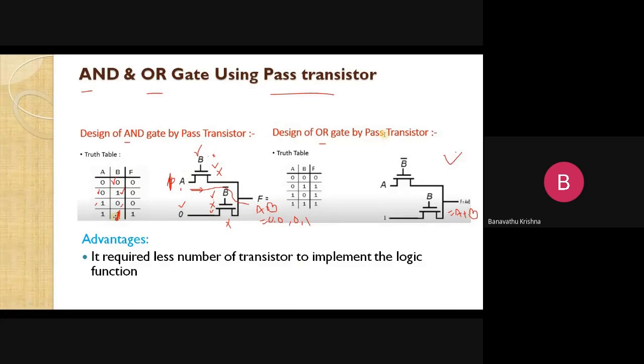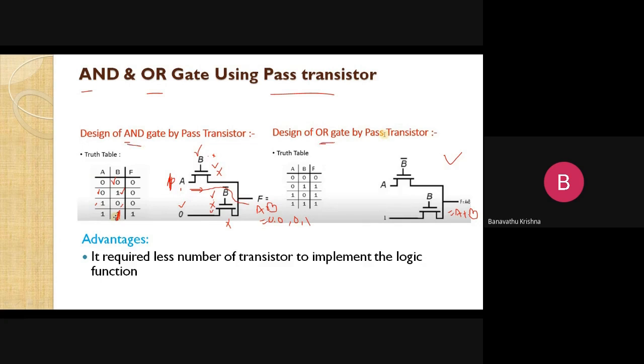Even in the CMOS case, suppose in a CMOS logic diagram, let us design the 2 input NAND gate by using CMOS logic. You can observe that for 2 inputs, there are 2 transistors in the P channel and 2 transistors in the N channel, that is 4. And for the inverting case, one more circuit, that is an AND gate connection. You have to make the connection at the output of this CMOS circuit with the inverter. There are 2 transistors. Completely, we need totally 6 transistors for the implementation of AND gate in CMOS logic. But using pass transistor, simply we need only 2 transistors for the implementation of AND logic.